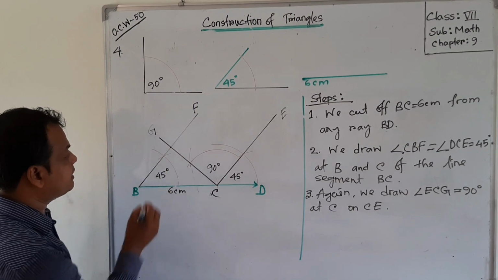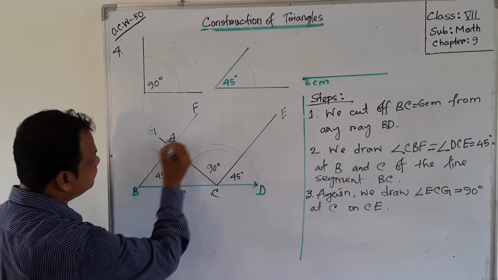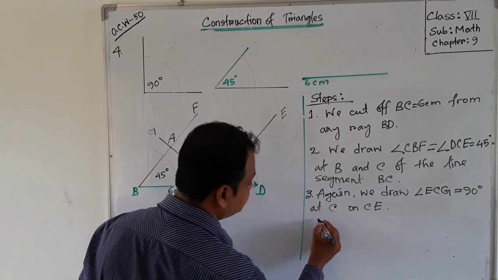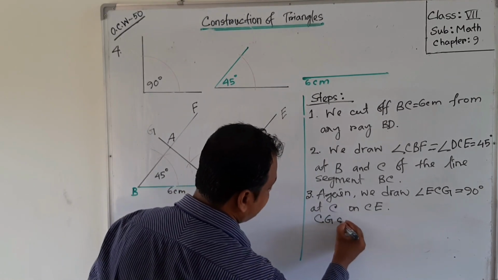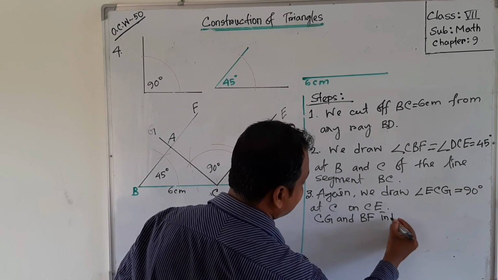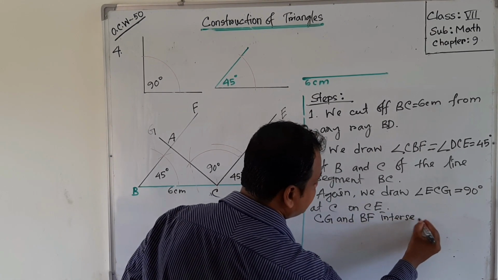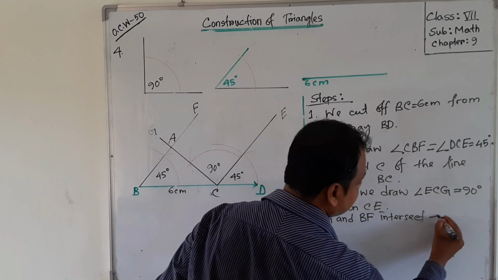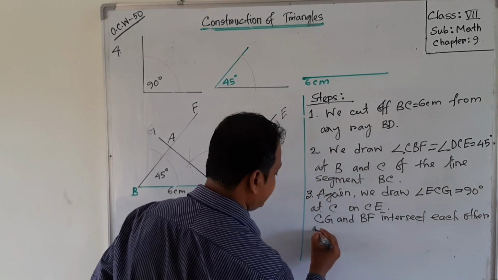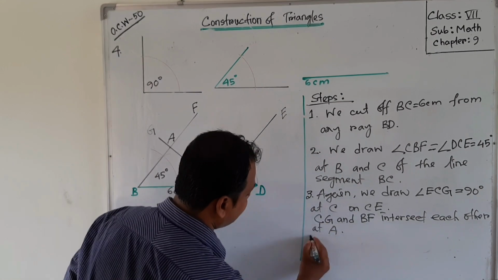Give this point the name A. So we'll write CG and BF intersect each other at A. Thus,